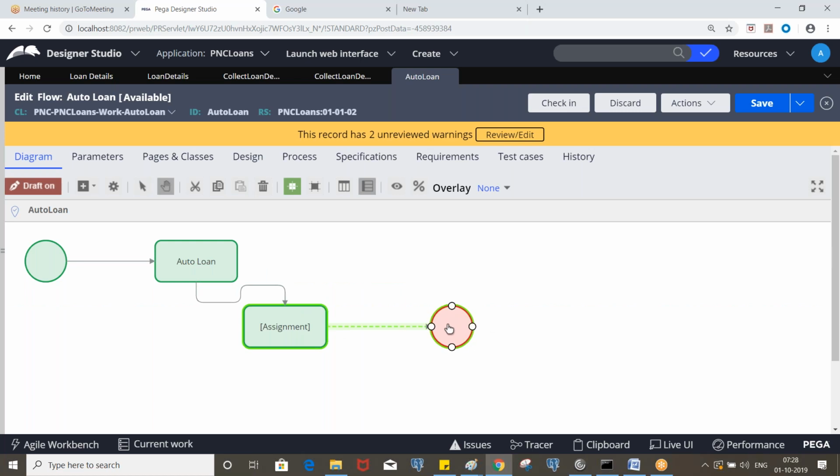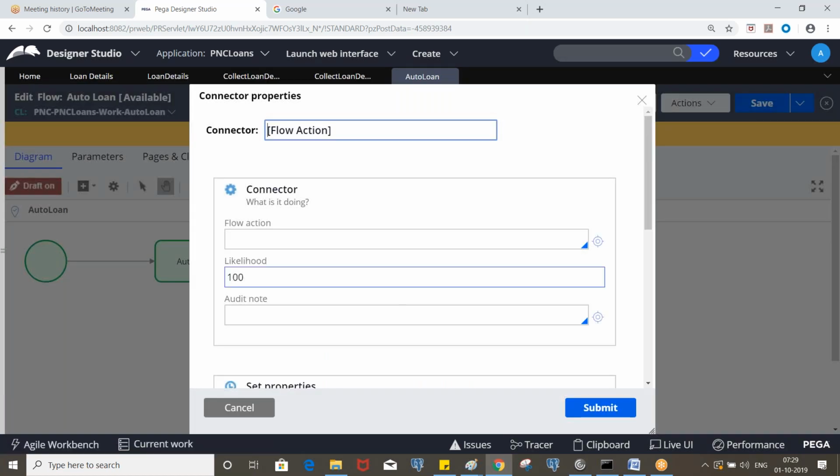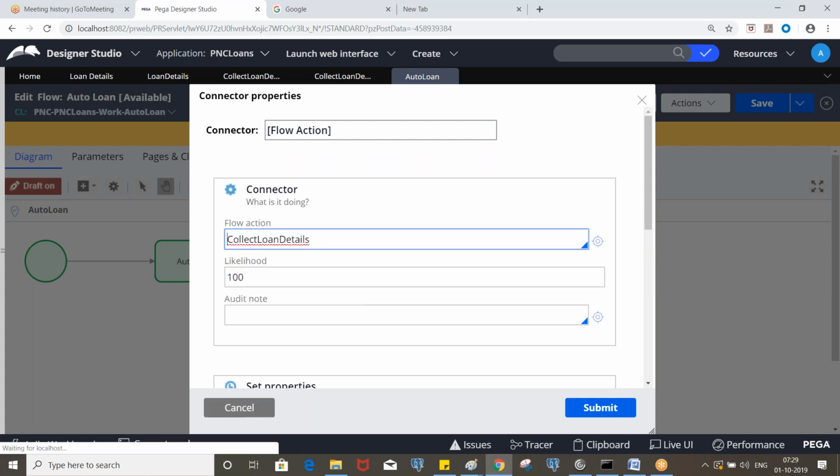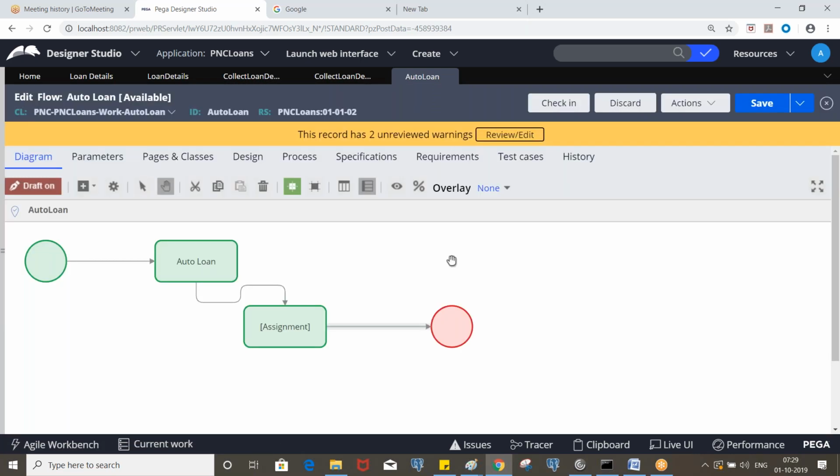Satya, sorry to interrupt. I have a question. So in the organization, it should be created as one flow action for the entire thing? Exactly. Let's say you go to the bank, you provide the details and they capture them into the application. First they enter all the customer details, then loan details, then specific details. If it is an auto loan, you need to provide details about the vehicle information. Then once you submit that screen, loan documents and so on.